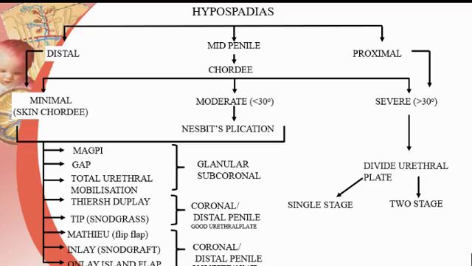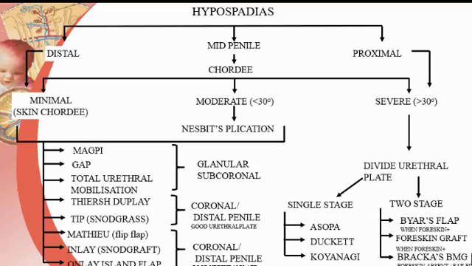If it is a severe chordee, you have to divide the urethral plate. Then you have an option of doing a single stage repair or a two stage repair. Some people go only for a two stage repair. Some people prefer a single stage repair. It's entirely up to the surgeon's choice. Single stage repair is Asopa or a Duckett repair or a Koyanagi repair. And two stage repairs can be a Byars' flap or a foreskin graft with a foreskin free skin or a